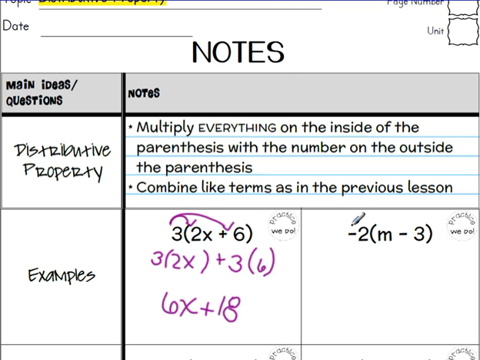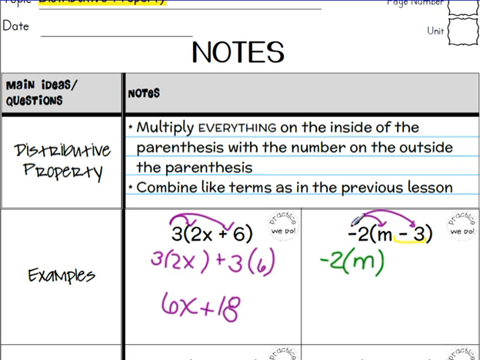So now we're going to incorporate some negatives. So we're going to distribute the negative 2 to the m as well as to the negative 3. Keeping in mind that the sign that's in front is what you're distributing it to. So we are going to have negative 2 times m,